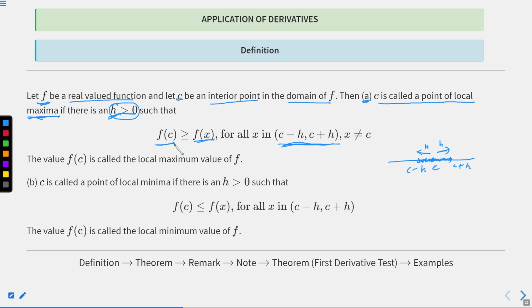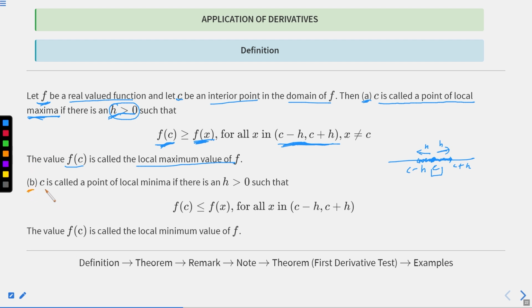then f of c, the value of our function at this point c, will be the highest value, or it can be equal. Okay, I hope that it is clear to you. So if this is satisfied, then you can say your f of c is the local maximum value of f. Okay, now